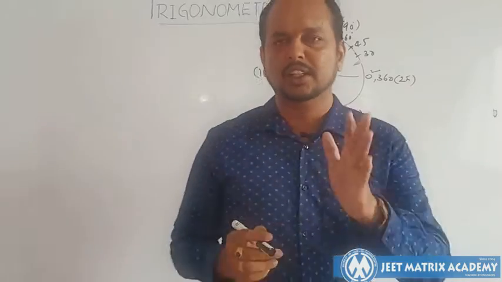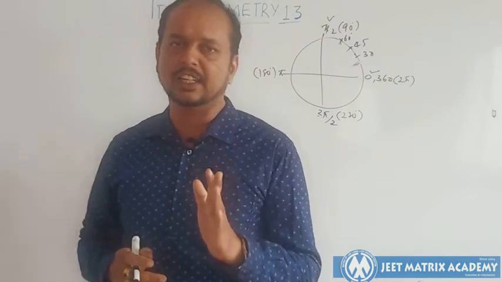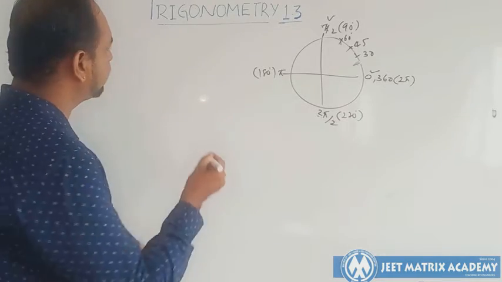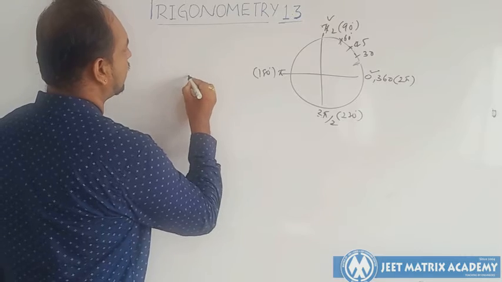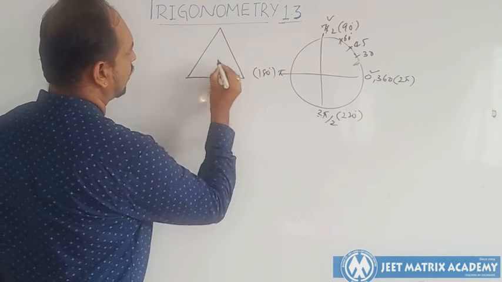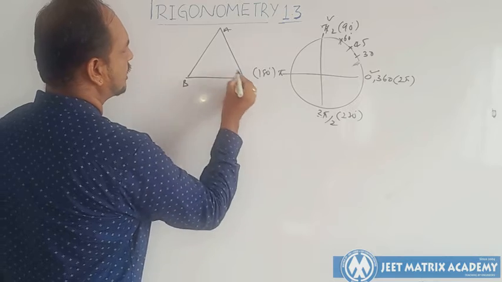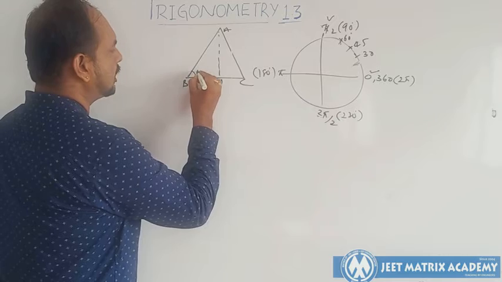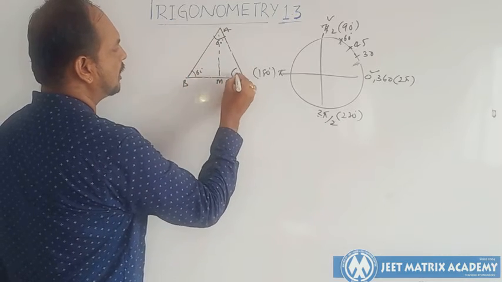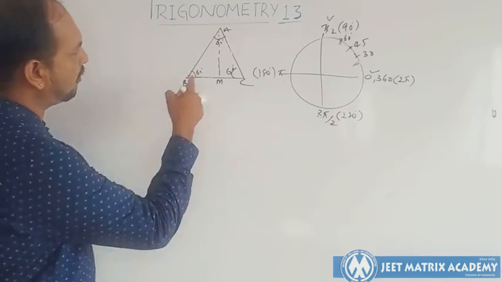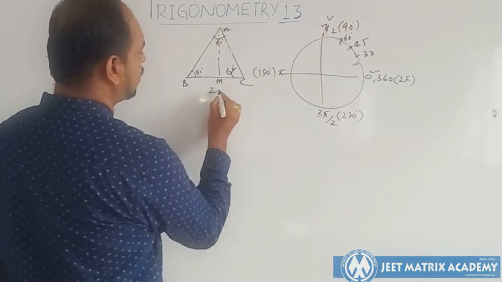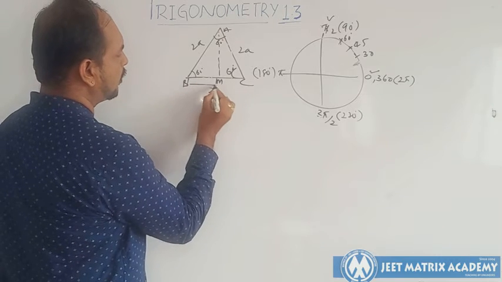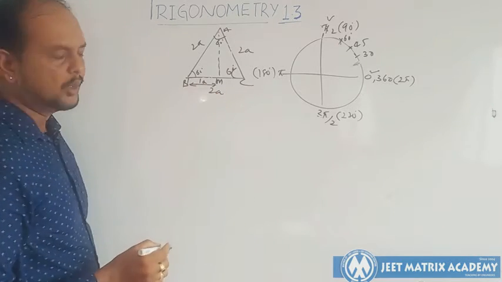Now discuss about rest of the angle, that is 30 degree and 60 degree. So what we supposed to do is consider an equilateral triangle. Okay, this is A, B, C. Draw a perpendicular at A, it will cut at M. So this is 60, this is 60, and this is 60. Now out of this equilateral triangle, side will be 2A, this is 2A, this is 2A, and this distance will be equal to 1A. Am I right? Hope everyone agree.